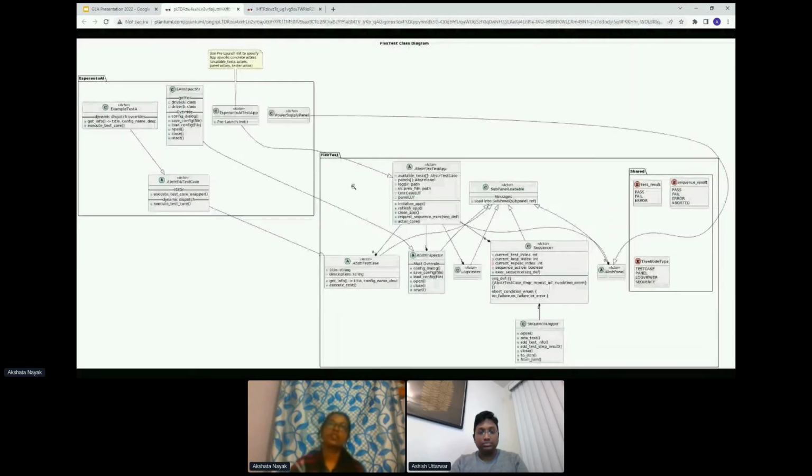So this is the example class diagram which we created. Here you can see we have divided it into two parts. One is FlexTest and the other one is Esperanto. Esperanto is our client and it is our application. And FlexTest is a framework where we have defined all the classes, including abstract classes. For example, the abstract FlexTest app,